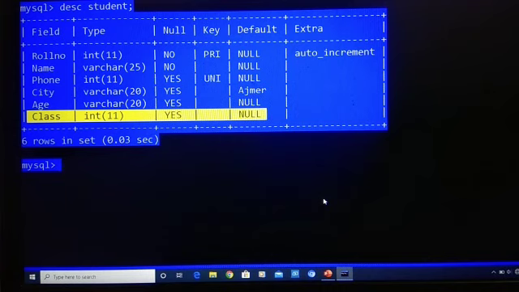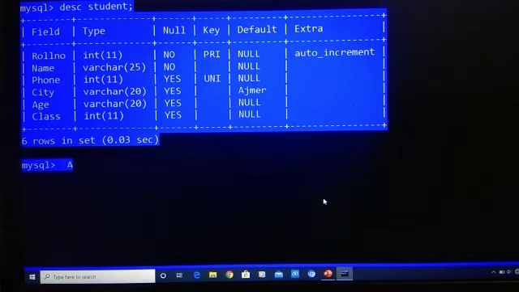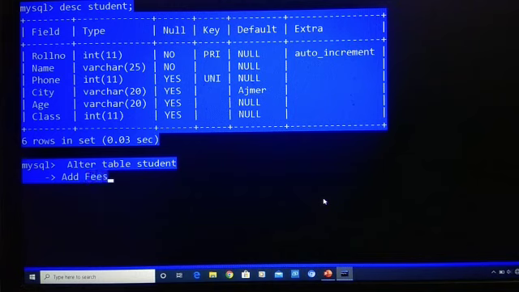To add the columns, we will write alter table student, our table name, add. The first column name is fees, and its data type should be integer.